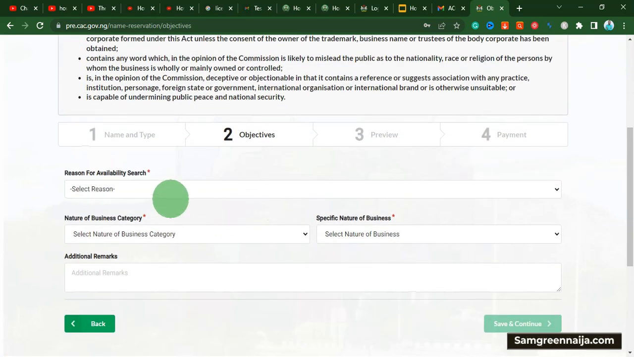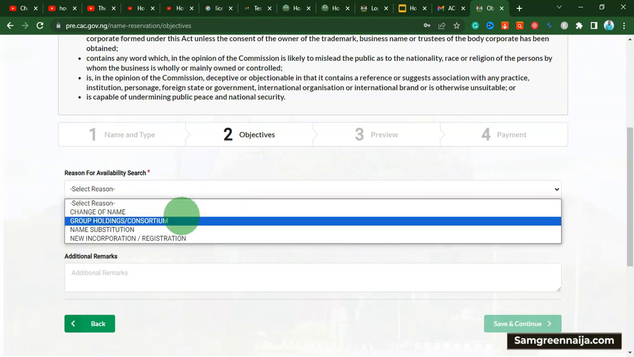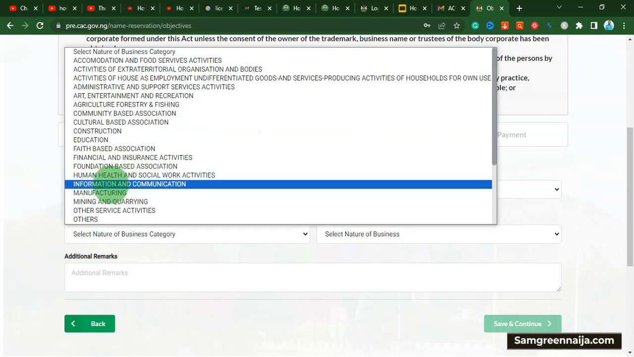At this point, this is where I want to choose the reason for the availability, the reason why I'm reserving this name. So it's because I want to register for a company, which is the new incorporation or registration. Then from here, I want to choose the nature of the business, the categories, and I want to choose this information